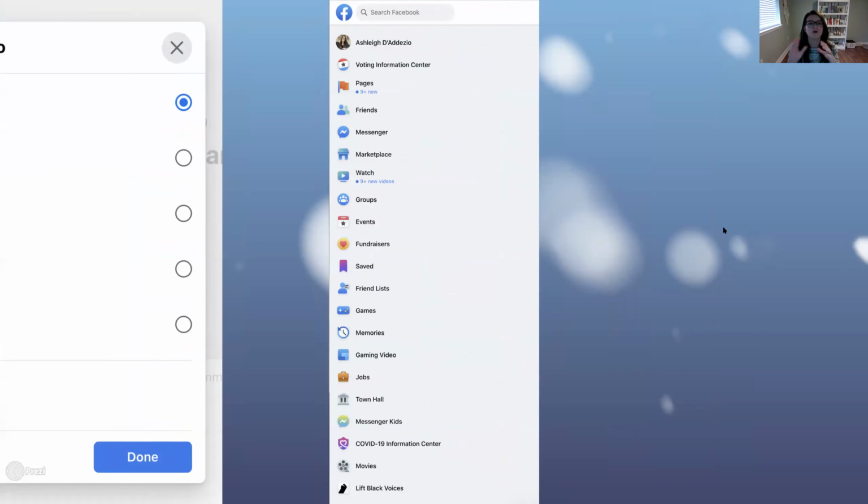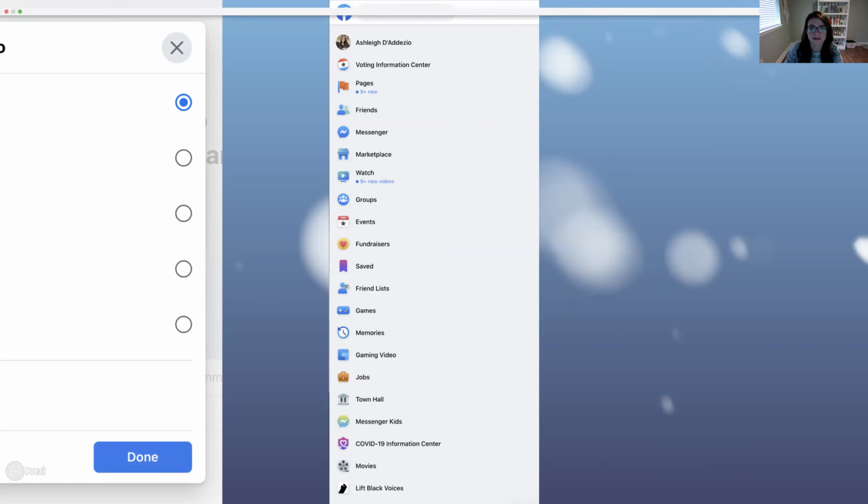Okay, so the last thing I wanted to say about the newsfeed was to hone in on this left panel again. And if you're on a mobile, it's going to be at the top or the bottom, and you're going to hit see more, or those 3 lines. So even when this is on your desktop, you have to hit see more to see the bottom half of it. So there's all kinds of stuff on here. Facebook is a wealth of knowledge. So this is how I go to my personal profile.